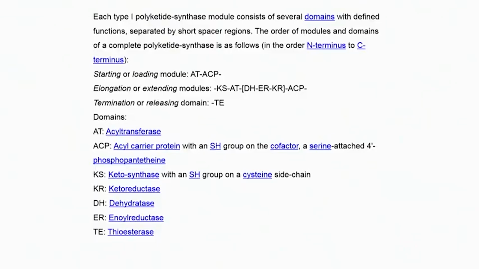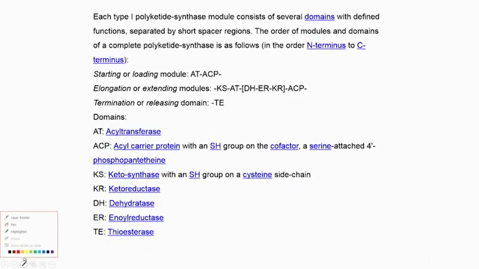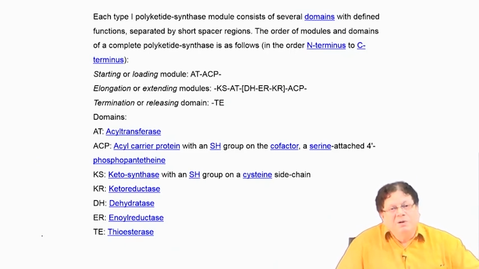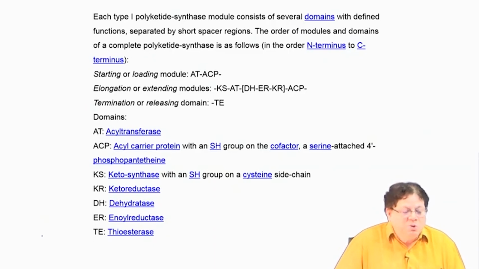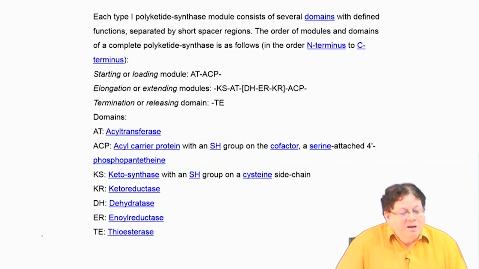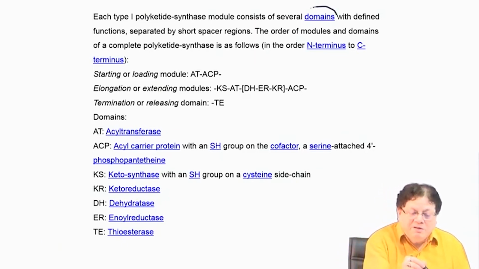Okay. So, start with what it says here, each type 1 polyketide. See, this will be a little bit of repetition of the last session's talk, because it's easy but a little bit complicated, and it's entirely new. Usually it is entirely new to the student. So, I am spending more time on this. Type 1 polyketide synthase module consists of several domains. I have already explained what are domains, and then